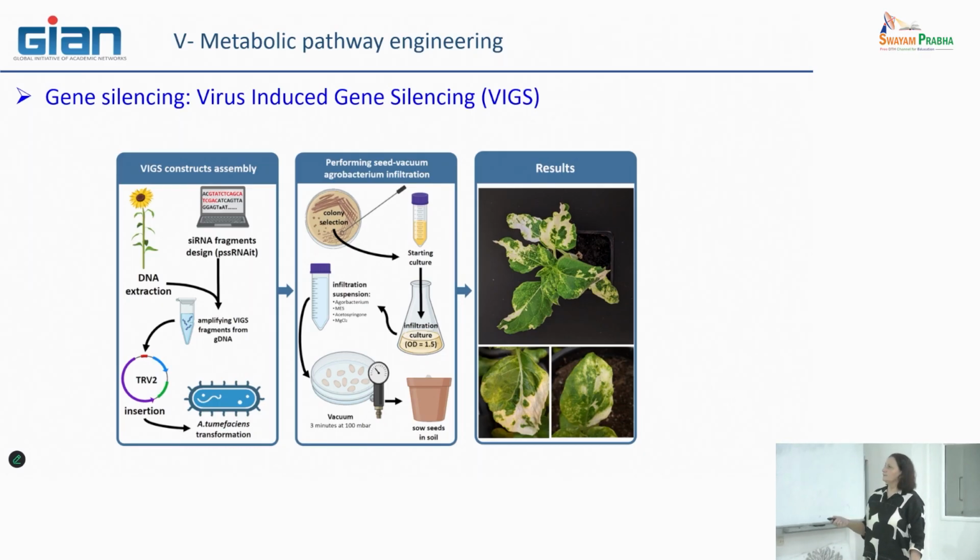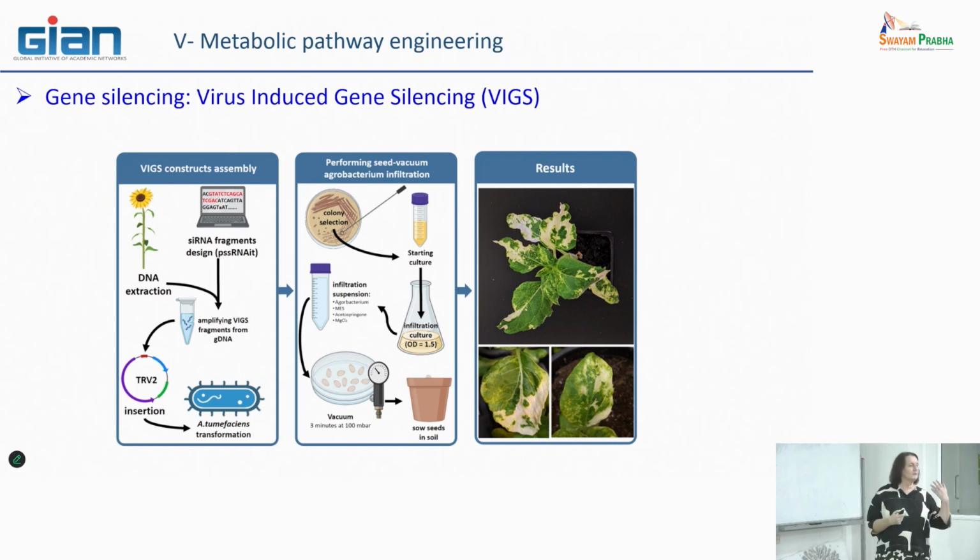Okay. And after that, you can infiltrate Agrobacteria in the plant by vacuum system. I showed you yesterday too. And what you can observe in 2 or 3 days is that, where the Agrobacterium have been applied, you have some symptoms, and in the new leaf of the plant you may also have this type of symptom.